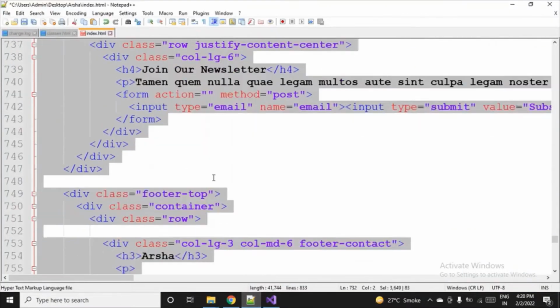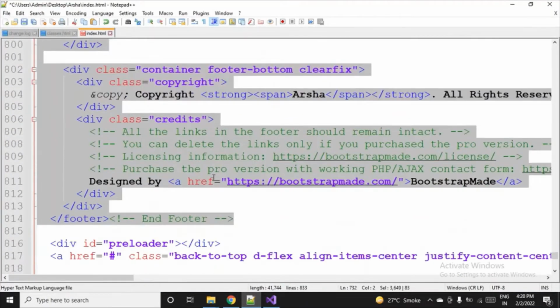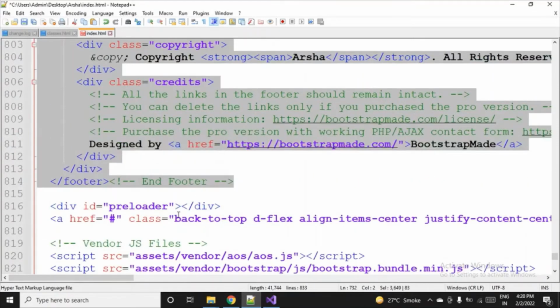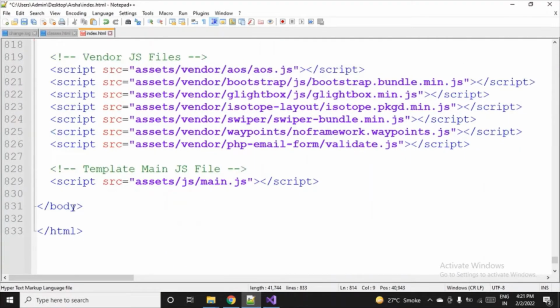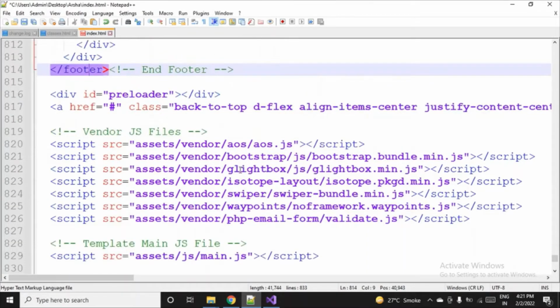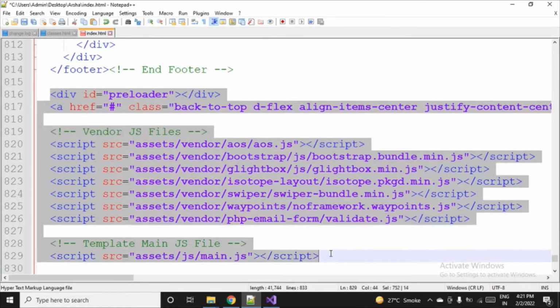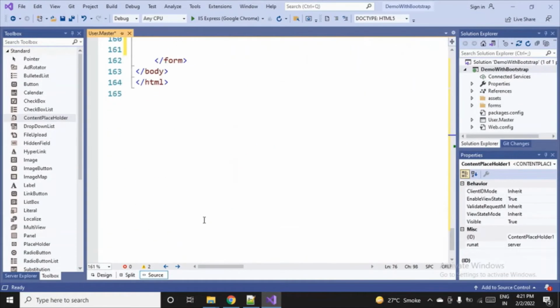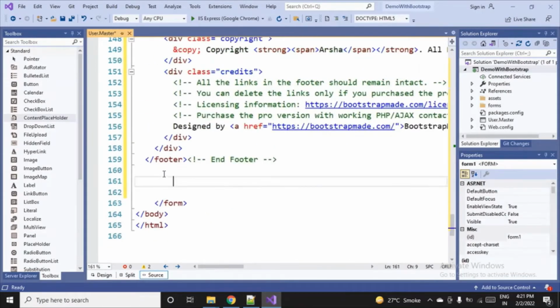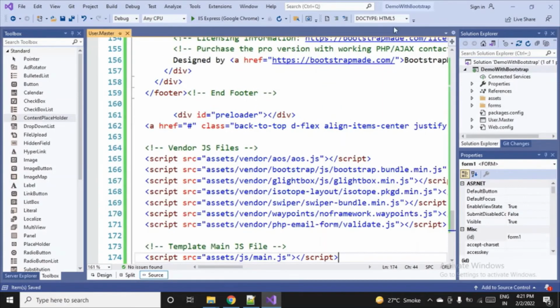We are almost done, but let me tell you one more thing, it's important here, that is this JavaScript file, because you all can see footer ends here, and there are some preloader files here, which come under body only, and which will actually give you that interface which you saw. So let me pick this and paste it here after footer. So here I'll paste it and I'll save it. Okay, so master page designing is almost done.